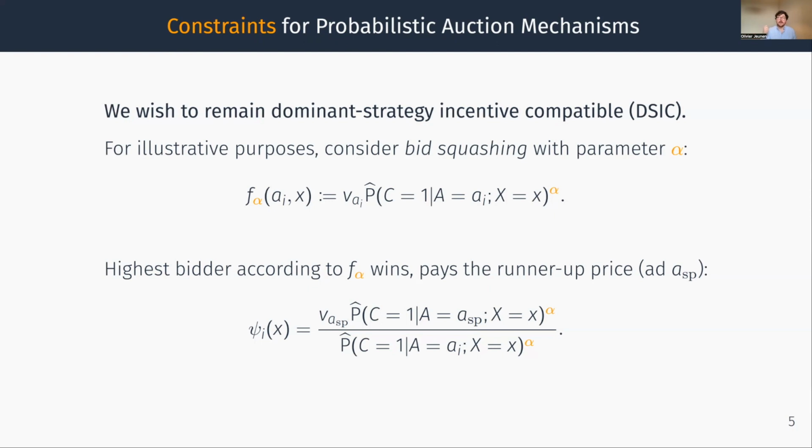This is going to give us an updated ranking score, if you will, in the function f of alpha. This updated ranking score is then simply used to compute the first and the second price ad, and then we apply a simple second price rule. This will lead to a well-known incentive-compatible auction mechanism, where we now have a single parameter alpha that we can tune to optimize for welfare or revenue or any other objectives that we might have.